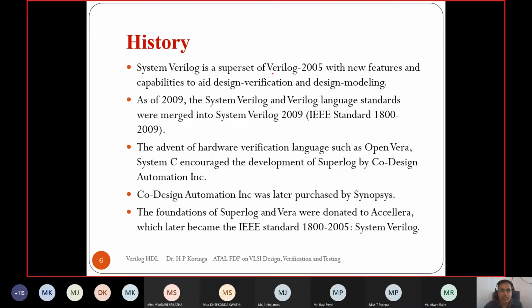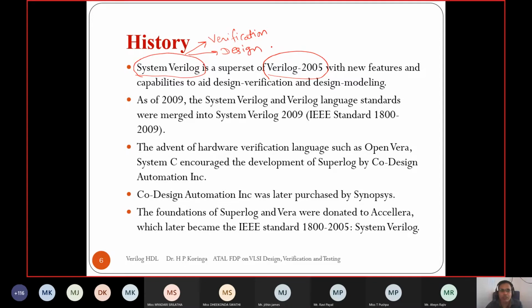Then in Verilog 2005, some verification features were added, and it is called SystemVerilog. SystemVerilog is an extension of Verilog 2005 with added design verification capability.